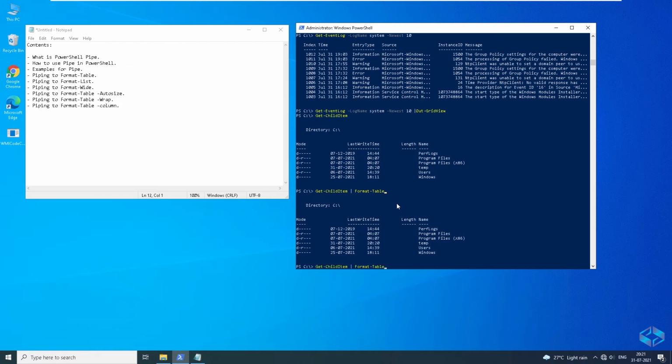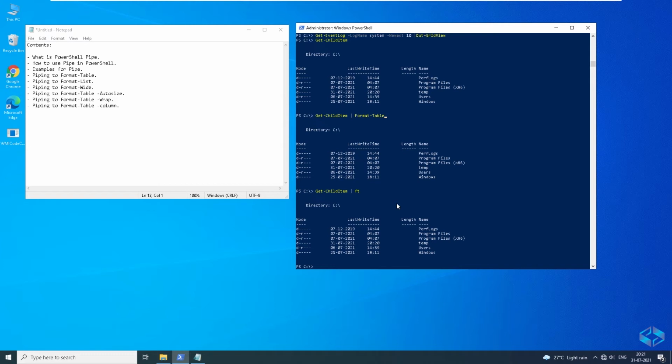Another easy method, when you become an expert in PowerShell and you are a scripter, is that you will be able to use FT in a simple way as a short form of Format-Table, and that will work. So there are multiple shortcuts you can use, and this is just one of them. I just remembered and thought of informing you as well.